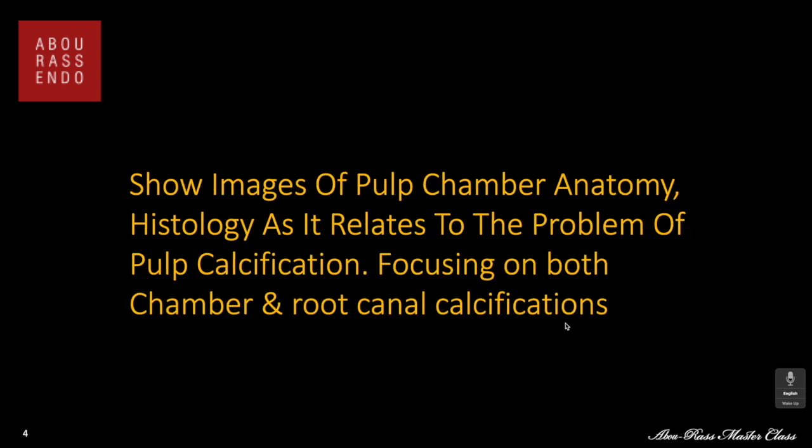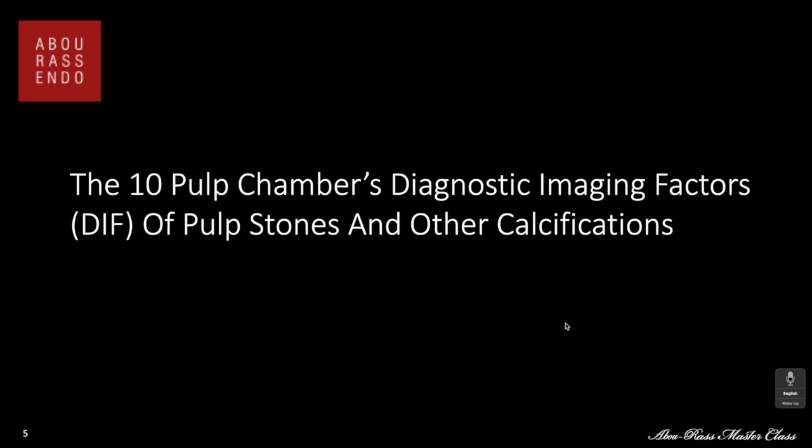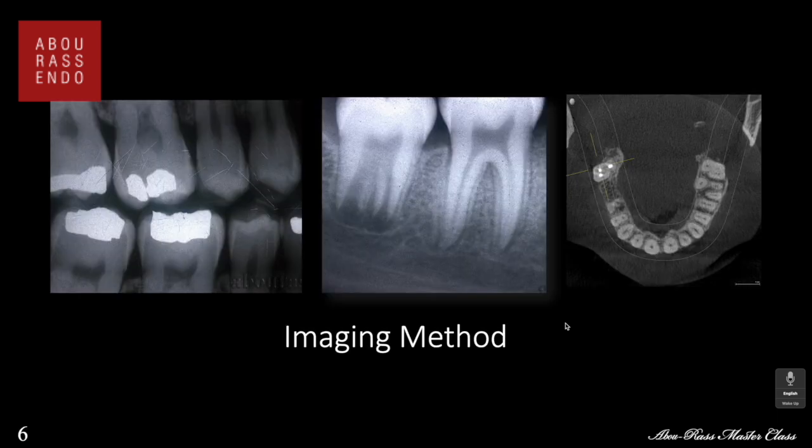And then I'm going to show some pulp chamber anatomy and histology, focusing on the chamber calcification and the root canal calcification. So what are the 10 DIF? Specifically, when we have pulp stones, denticles, and other types of calcifications, these are the factors that influence your diagnosis. These are the factors that every professional looking at radiographs should focus on when they look at the specific tooth